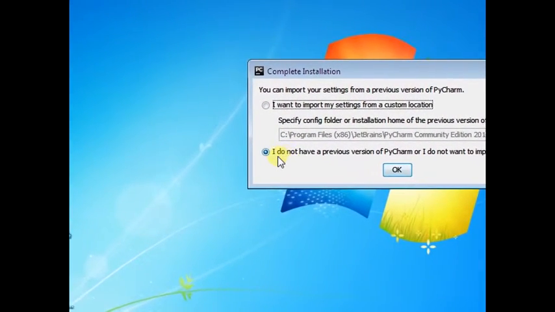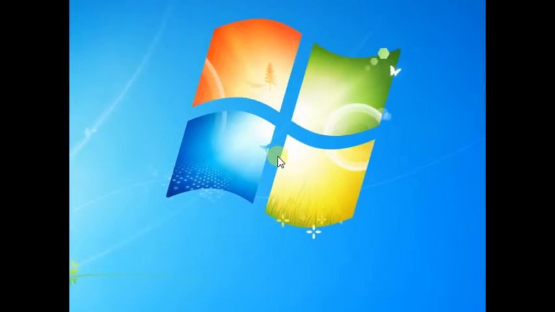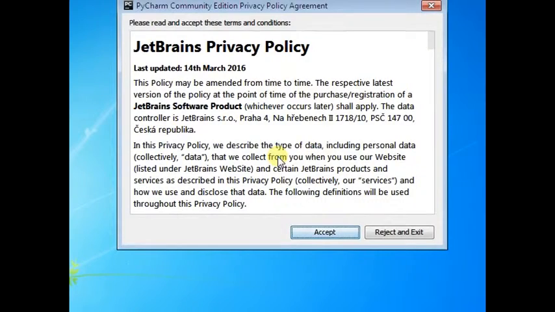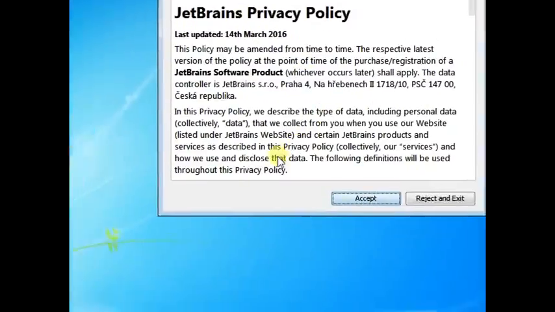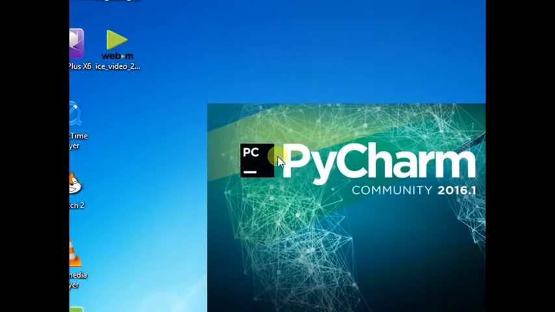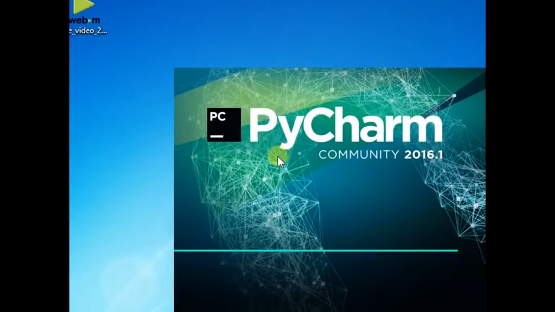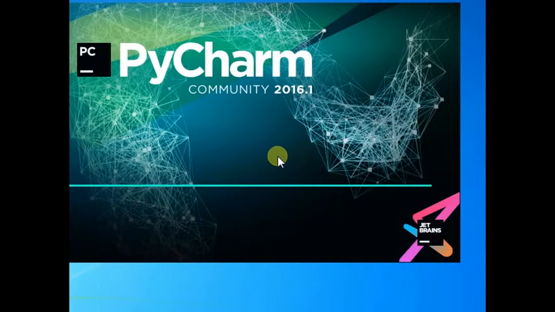You should probably select I do not have a previous version of PyCharm, or I do not want to import my settings. That will give you a nice clean install. And then it takes a little while to get everything all set up nicely. There's the privacy policy. You need to accept that. And here we go, PyCharm. Once that's loaded in,